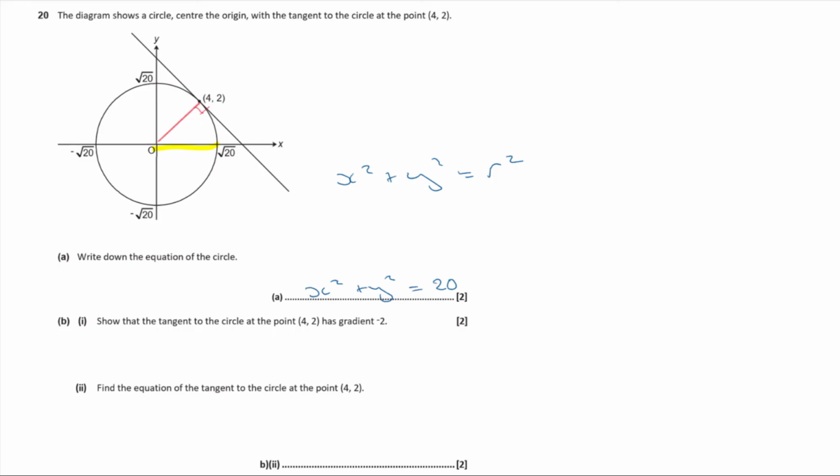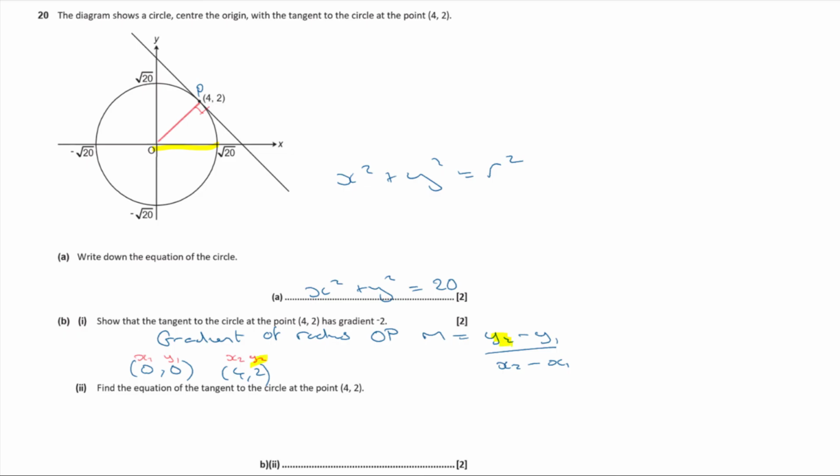I'm going to find the gradient of the radius, at the other point. It doesn't have a name. Let's call it P, OP. That's going to be M, and that's equal to y2 minus y1 over x2 minus x1. That's the form of finding gradient. So my 2 points are the origin and the point 4, 2 then. So I'm going to call the origin x1, y1, and the first point x2, y2, and then I can sub those numbers